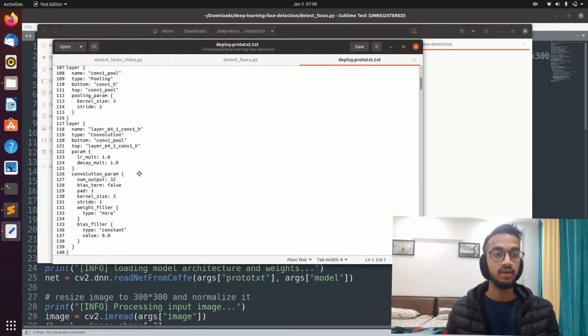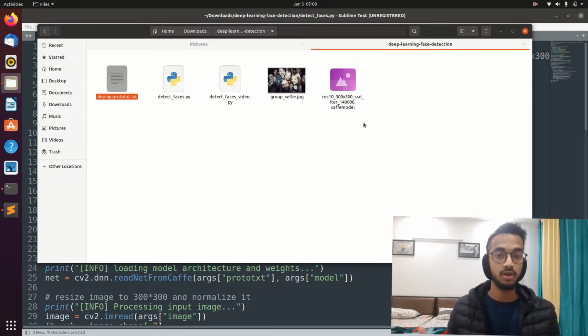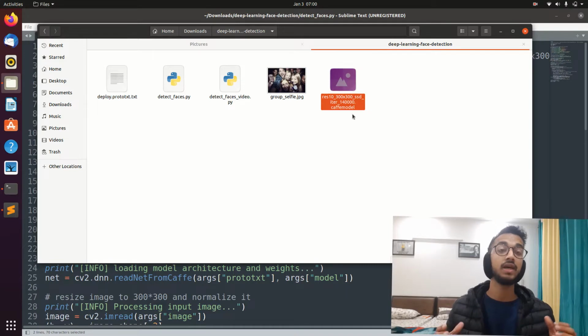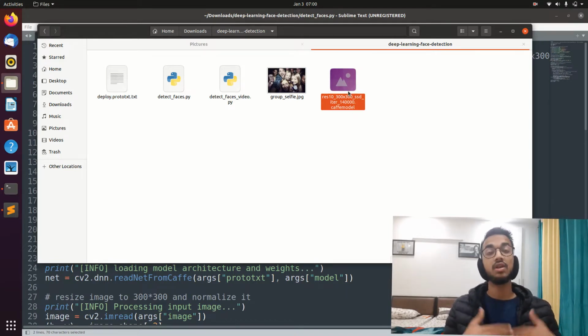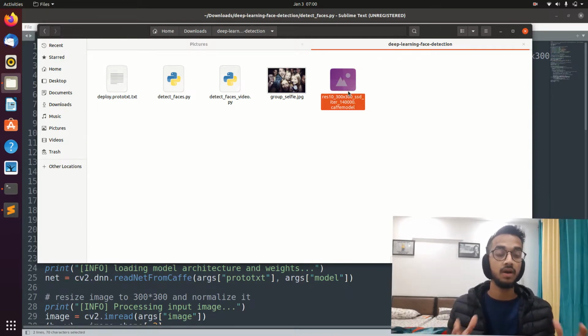It will tell you how many convolution layers there are, how many filters there are per layer, and what kernel size they're using. So you can find all that information over here. This file with the extension .caffemodel basically contains the model weights, which have been learned already on lots of images, and the OpenCV team has made available the weights and the architecture of the model, so that we can use it directly without having to do any of the training process for deep learning models.